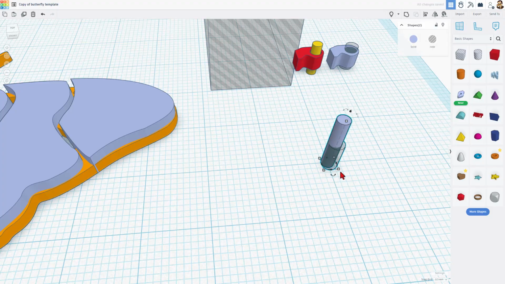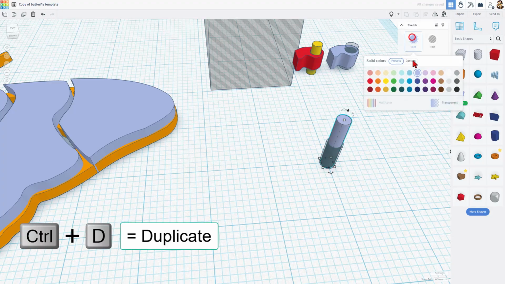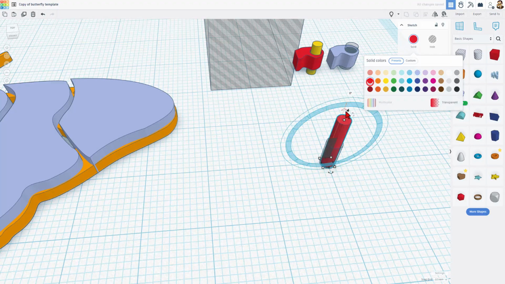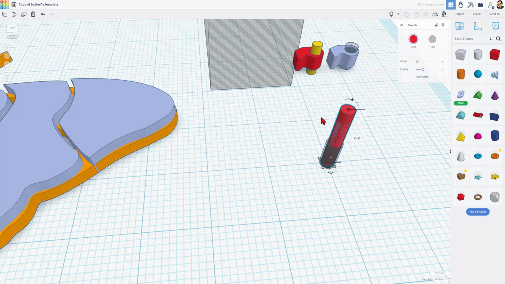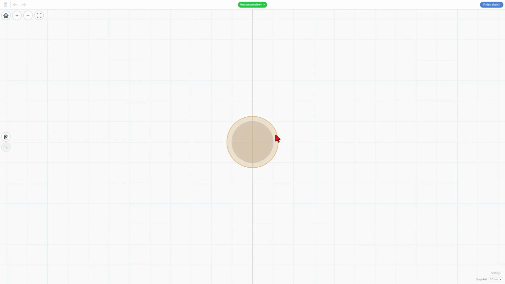I'm going to select those two, choose L for align, make the pin the boss, and choose center and center. Now we're going to do one more sketch right here. Let's keep it lined up by doing Control D. Let's set that one to red. I'm going to make it a little taller so it's easier to double click. And when we double click, it edits. Now we don't want that sketch, so we're going to simply hit delete, but below it are all the other